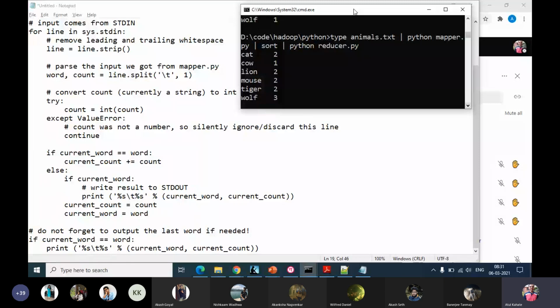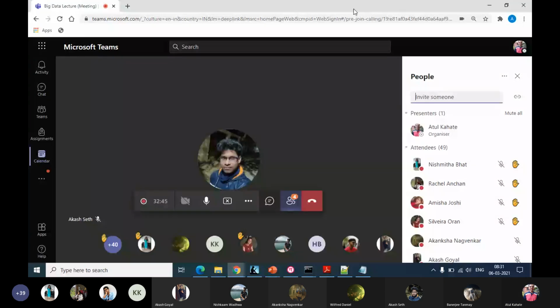Okay, I still see only 4 hands plus Akash. So Oran has also completed. Anyone else? Okay, Vaibhav, Tanmay.